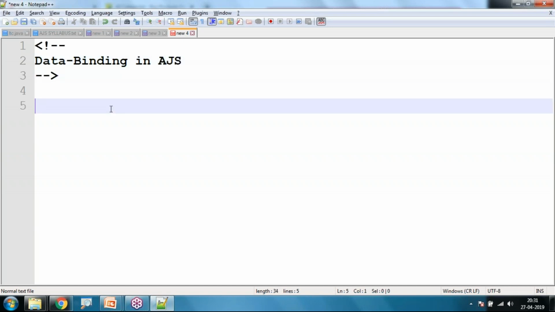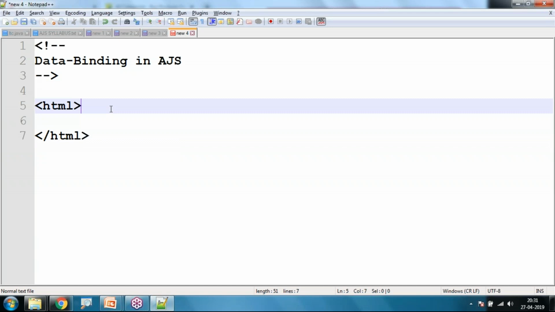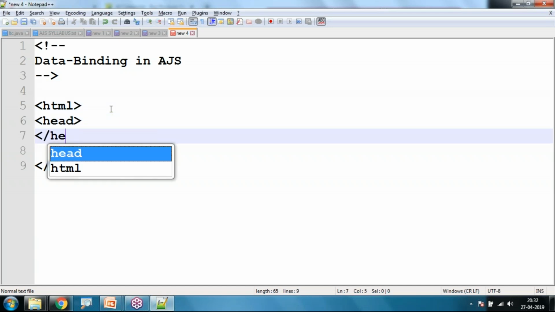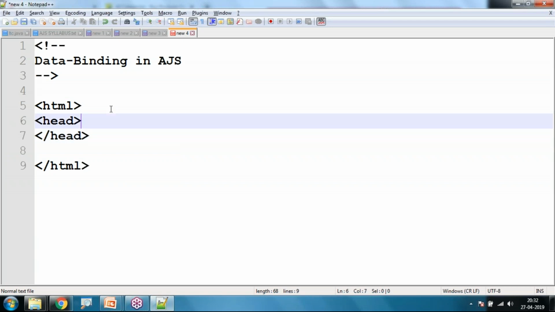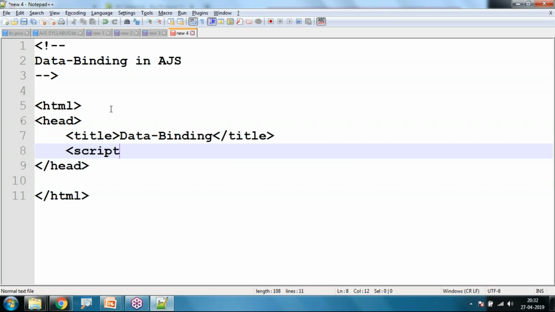Right, I'll make a small HTML code: HTML opening, HTML closing, head section opening, head section closing. Under the head section I'll write one small title, data binding, close the title. Right, so I'll write the script source and I'm going to use